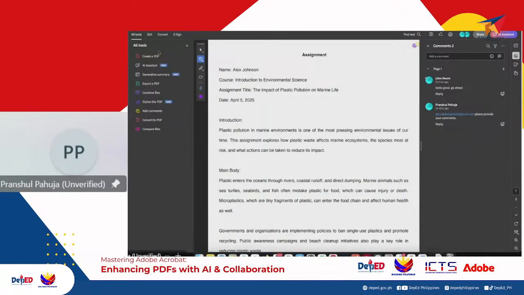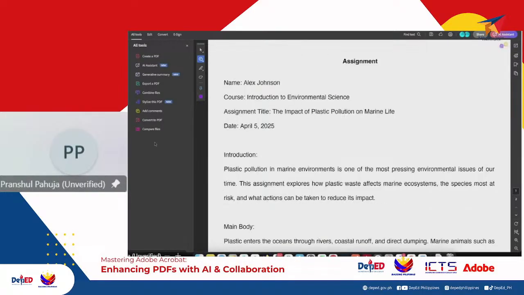With that being said, let me go back to the same assignment which we were working on. A couple of minutes ago, in the previous demo, I shared this document for comments with my senior, and I have got the output back as well, that it looks good. I can go ahead. Now, I'm someone who's accessing this assignment, and I want to understand, hey, what is this assignment about?